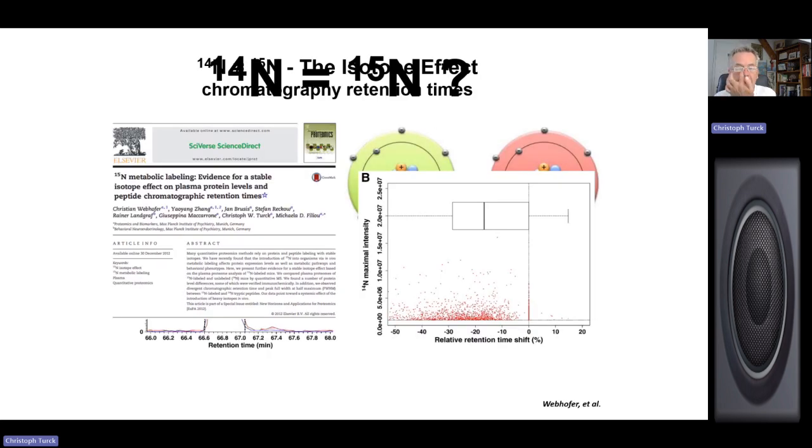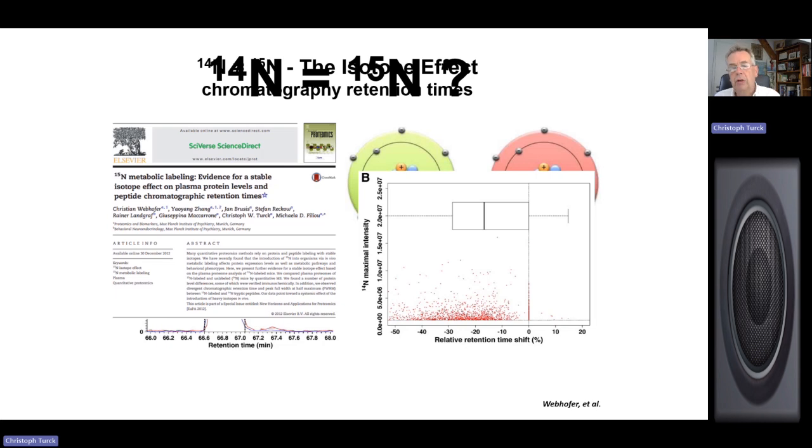Now, I'd like to finally talk a little bit about the isotope effect. This was sort of a fun project. It's commonly believed that 15N or 13C is not a big deal. There's just one extra neutron. Nitrogen has 7 neutrons, and in 15N you have 8 neutrons. Not a big deal, just one more neutron. It doesn't make a big difference, and for the most part this is accurate.